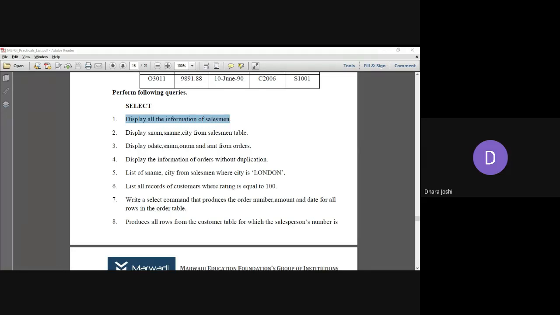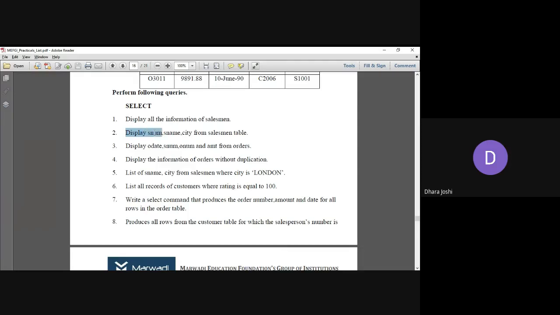Okay, I hope the first query is done by everyone. Meanwhile, you are also taking the screenshots, so whenever you are preparing a logbook for the lab, it will not be a problem. Okay, so Dhwani and Urvashi have done. Good, good. Okay, so we'll go for the second query.